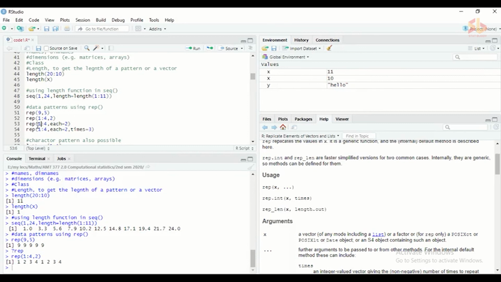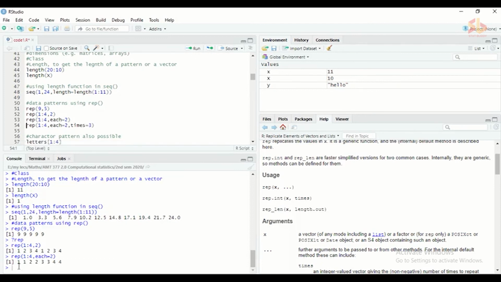So you have to give the original pattern, then you can use the argument each. This will allow you to repeat each element in the pattern twice, or however many times you want. So I can write 1 to 4, each equals 2.